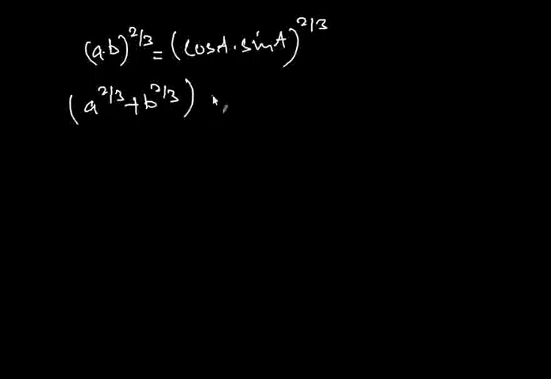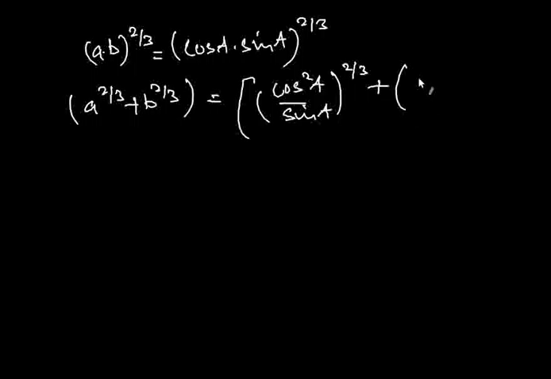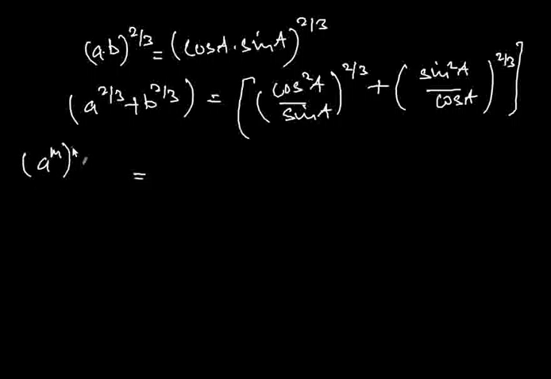So that is equal to cos square a by sine a raised to the power 2 by 3 plus sine square a by cos a raised to the power 2 by 3, right? This boils down to, using the fact that a to the power m, that raised to the power n, is equal to a to the power m times n. This is a standard mathematical fact. We can convert this to